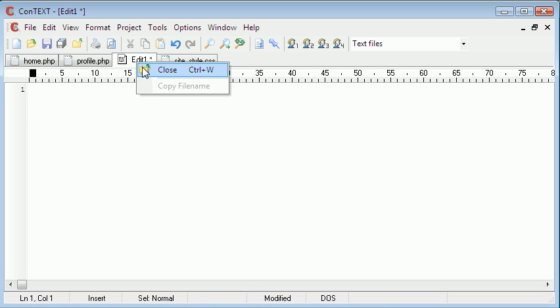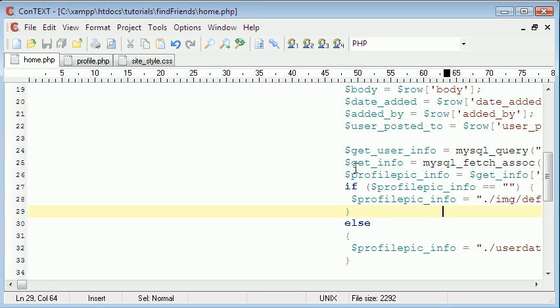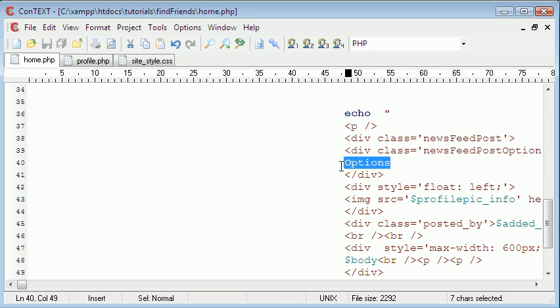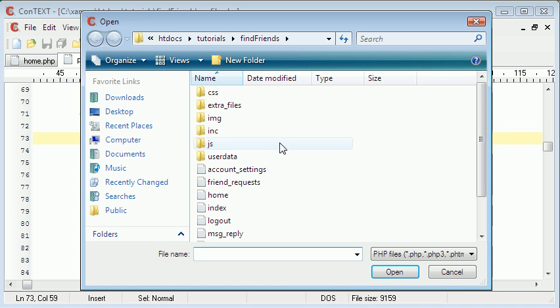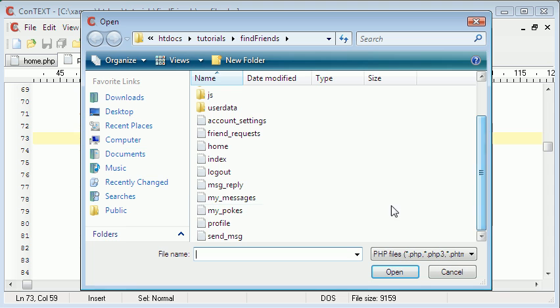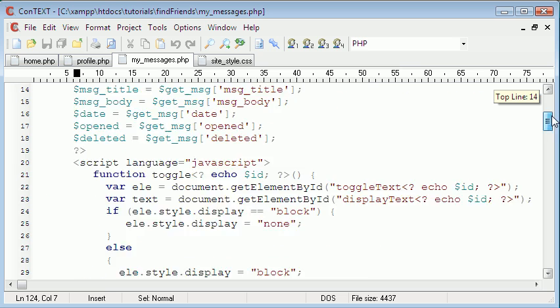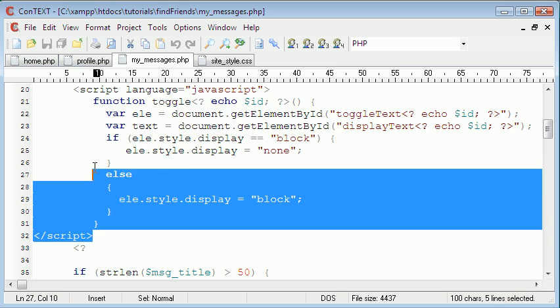So we can close this, and what we're going to do is on the home page, which we're on now, in the options, we're going to say comments, and then we're going to go to the my messages page, and we're going to go all the way up to the top of this page, and as you can see in here, we're just going to copy this,